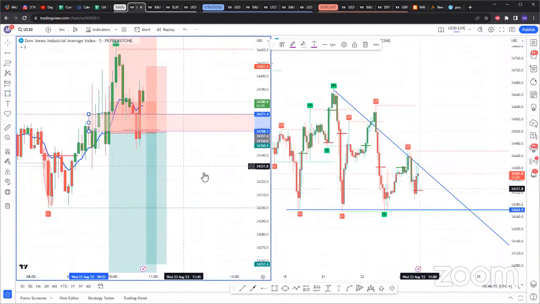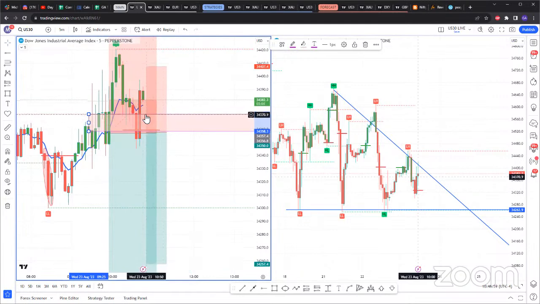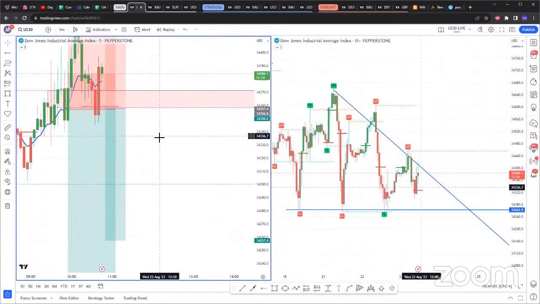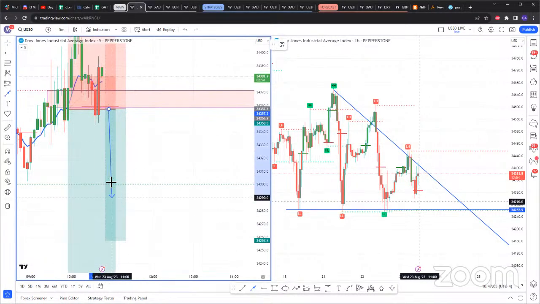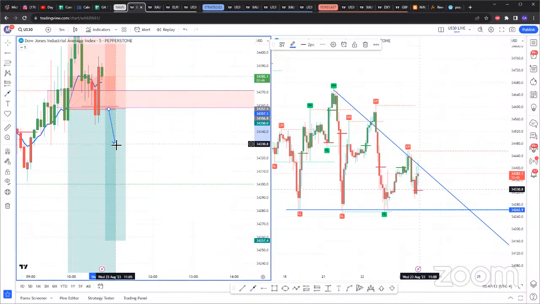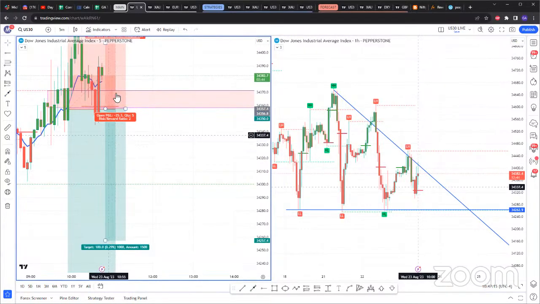And we know that if we expect US 30 to be bearish, if finally we get that confirmation on the 5 minute, our TP most likely will be hit almost instantaneously, because if US 30 closes here with volume, we should drop down heavily, probably going to take like 15 minutes or so before hitting our TP.